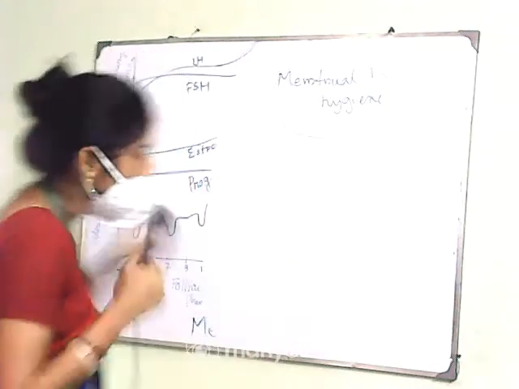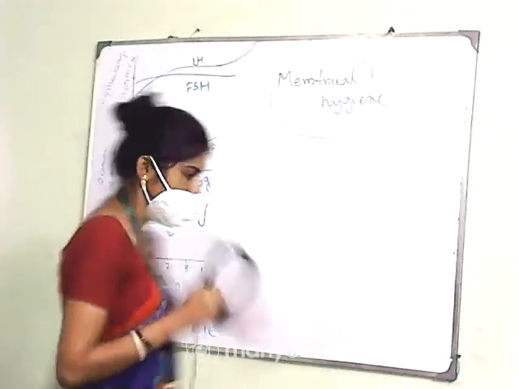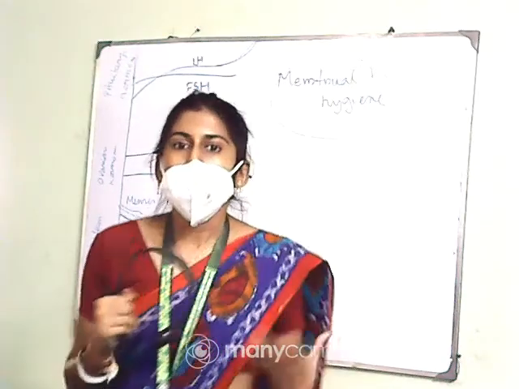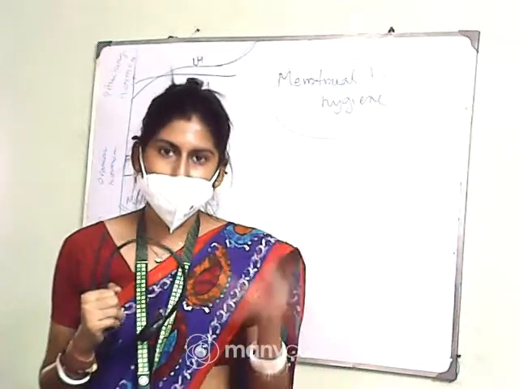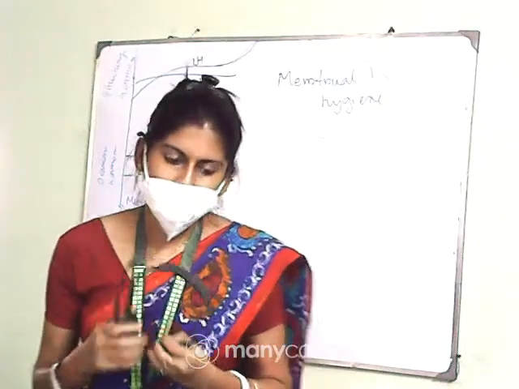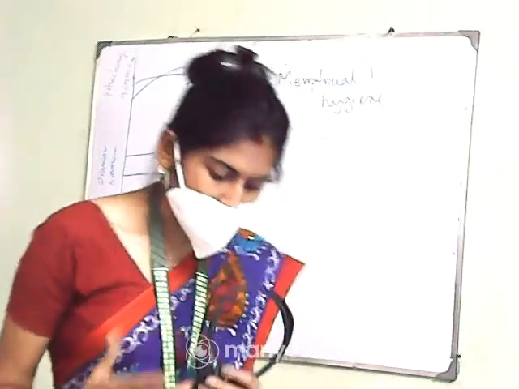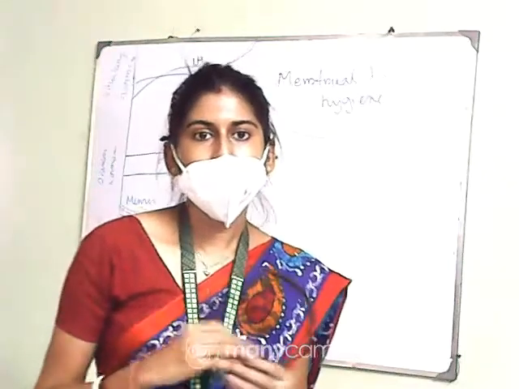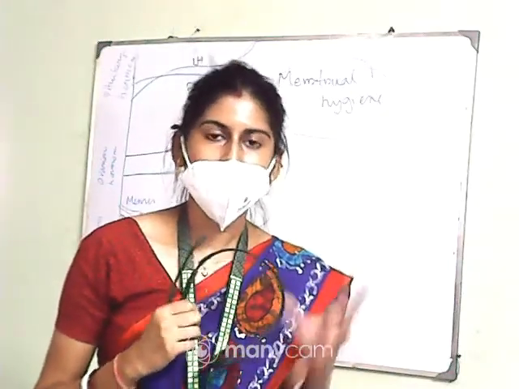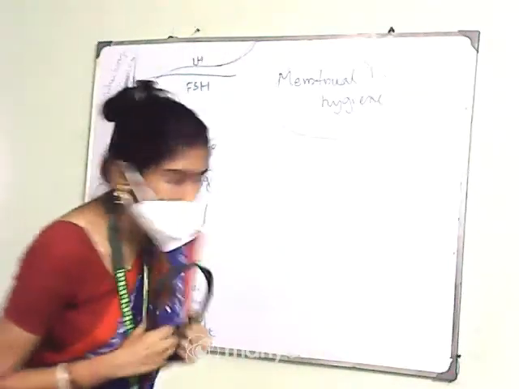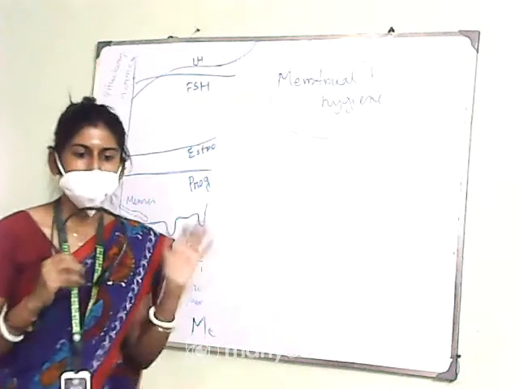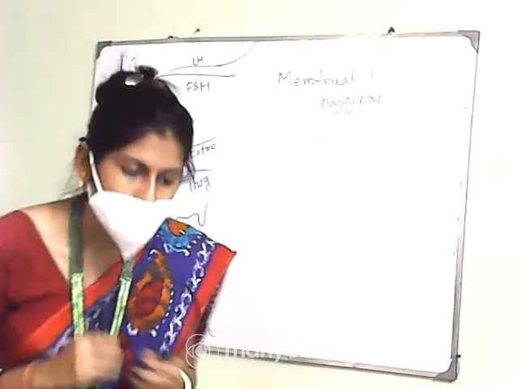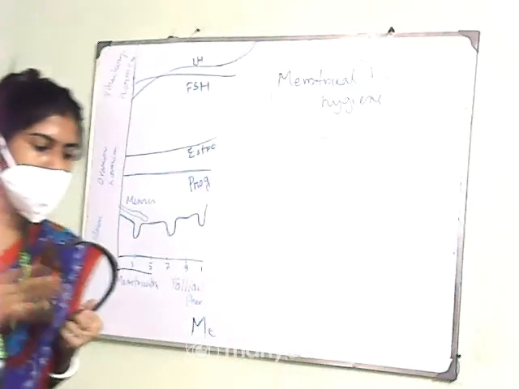And you have to wash your hands with soap. You have to clean your vaginal area with soap, and you have to maintain this type of hygienic condition at the time of menstruation, which comes under menstrual hygiene. Okay, so with that I am completing the menstrual cycle and menstrual hygiene part.